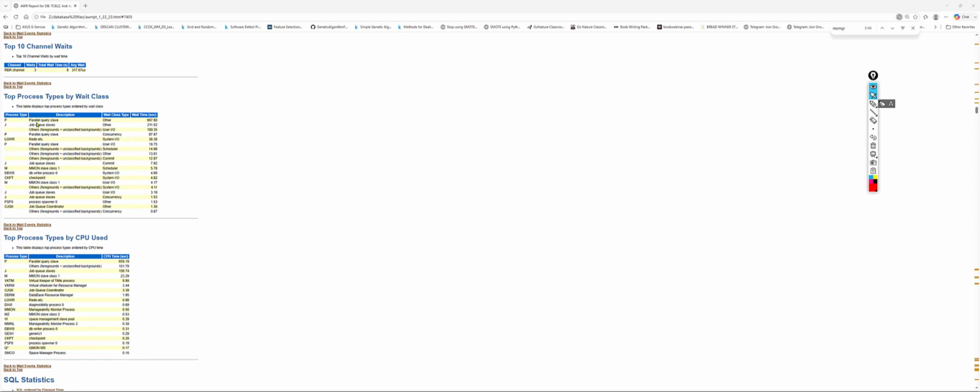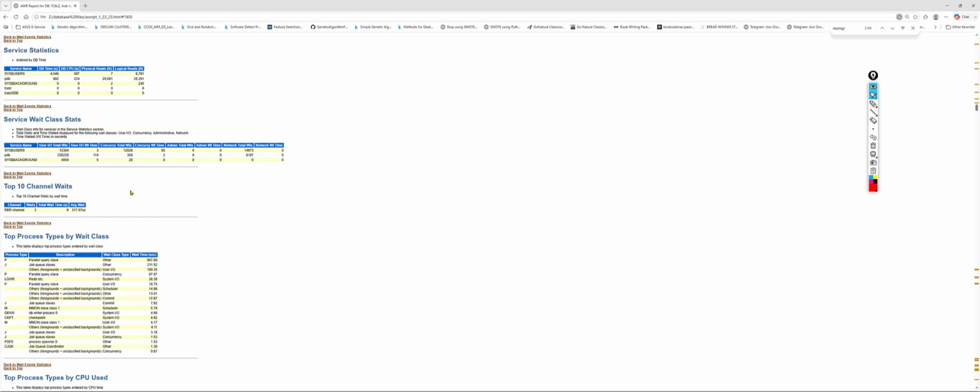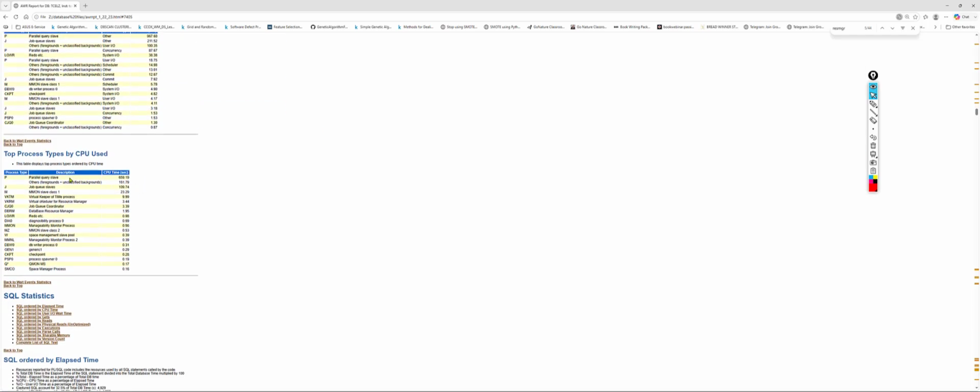But if you don't have time, you don't go and check each and every thing. What you need to check is the foreground wait event and just focus on reducing the wait. These are just hints. So resource manager CPU quantum itself will give you a hint, right? Why are we getting resource manager CPU quantum? In the wait event name itself we have CPU. This means there was a high CPU,